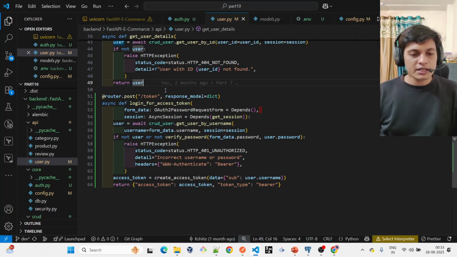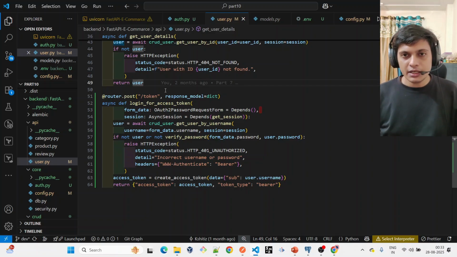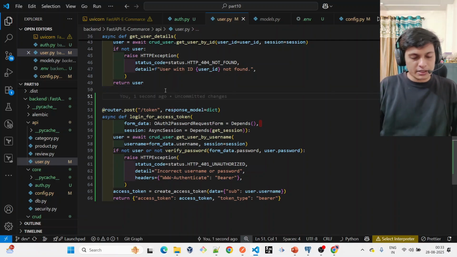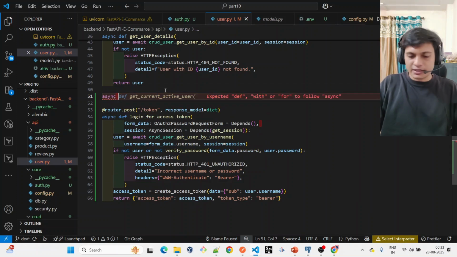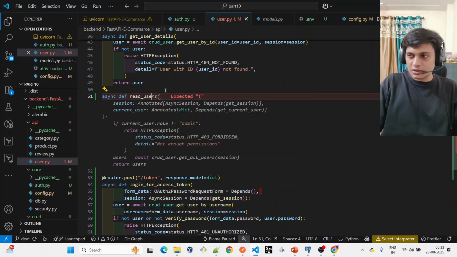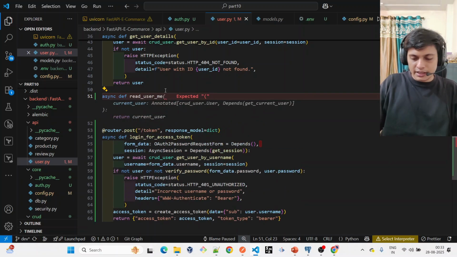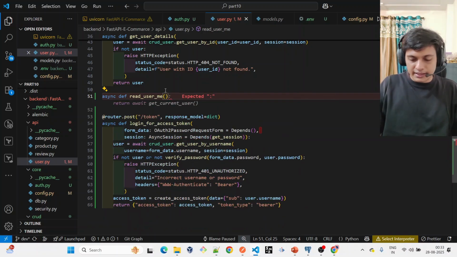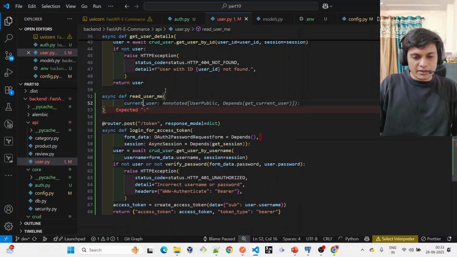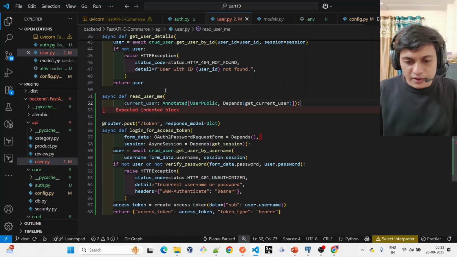So what I will do, I will create one more API, and that API will do the work for me to authenticate user with the JWT token. Okay, let's see first how we are going to do it. I will create one method, async def read_user_me. It is for one user. Inside of it, we will provide the current user